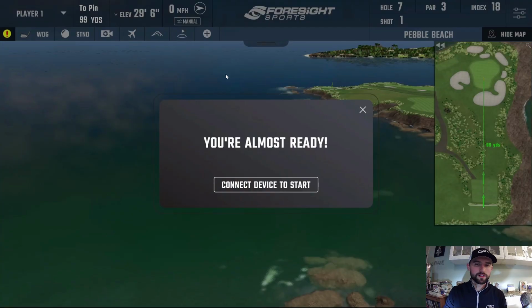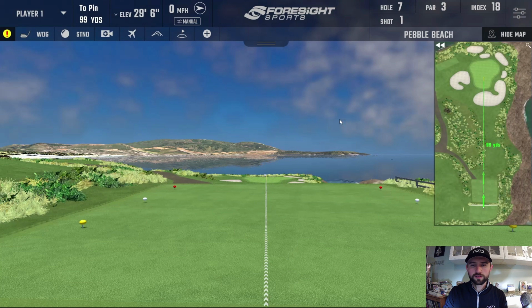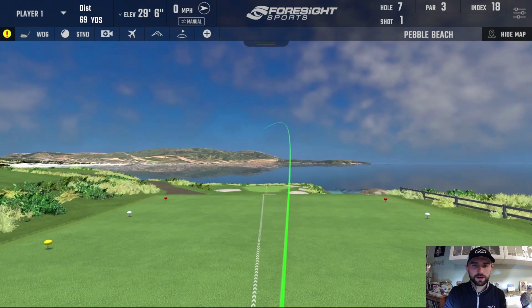So if you just want to work on one particular kind of shot, but you want something a little bit more scenic, you want to hit drivers on the famous 18th at Pebble Beach, or you want to hit your wedge on this hole right here, just about 100 yards, you can do the improve mode on the golf course. So you'll notice when I hit a randomly generated shot, apparently